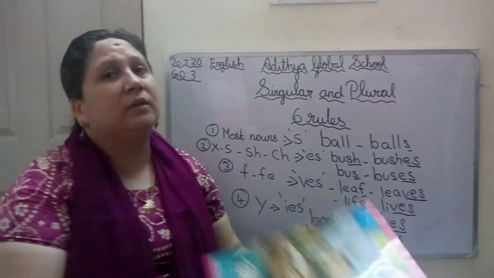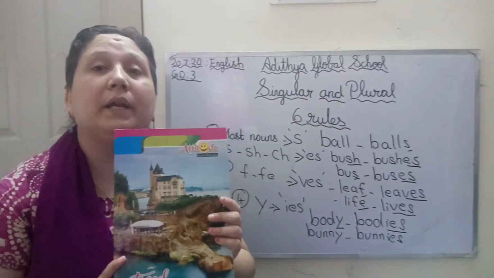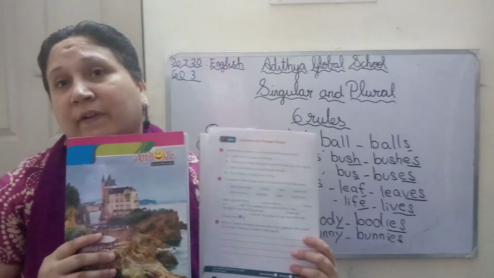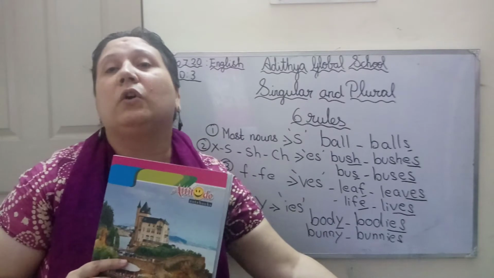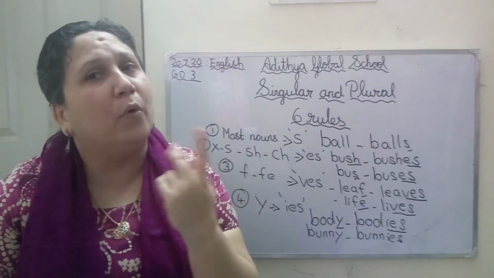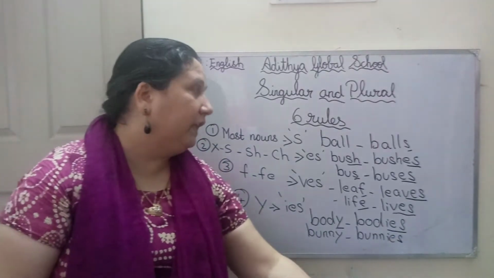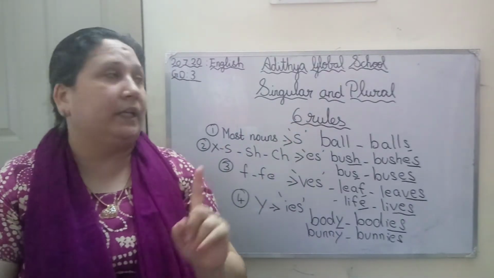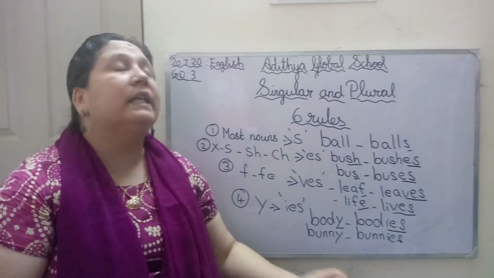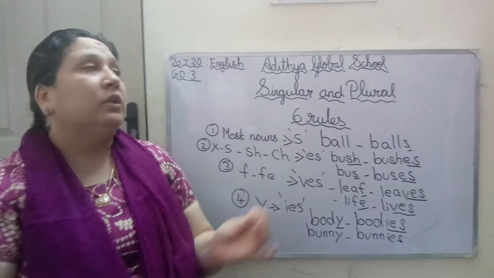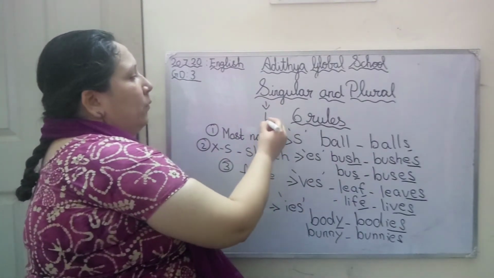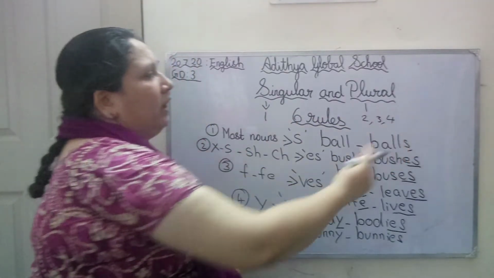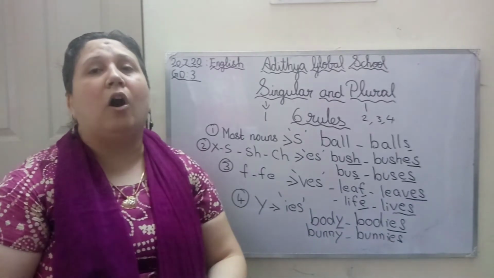So now how many books ma'am has? Very good. So it's 1 book. And now how many do I have? Excellent. So I have now 2 books. It's more than 1. So singular means it is only one object. So plural means it's more than 1. So singular means it's only 1 and plural means it's 2, 3, 4, more than 1 object.